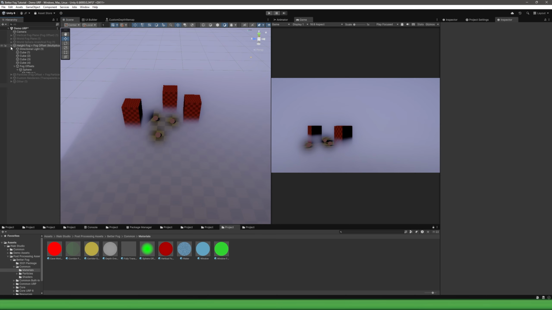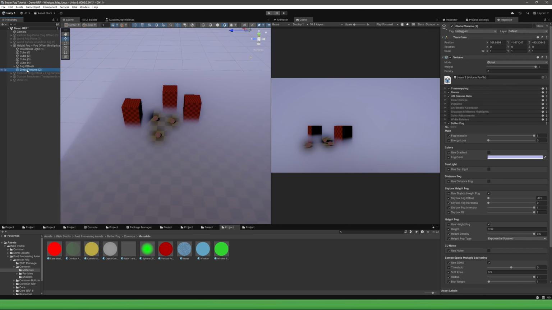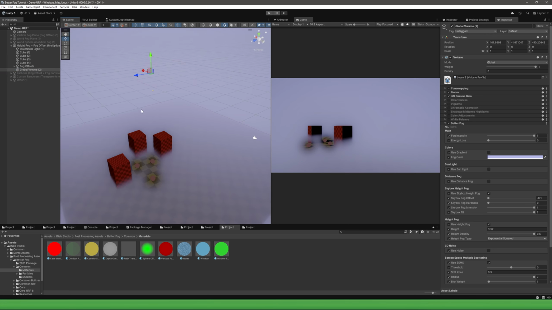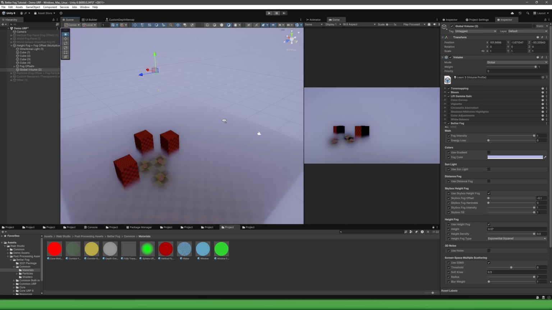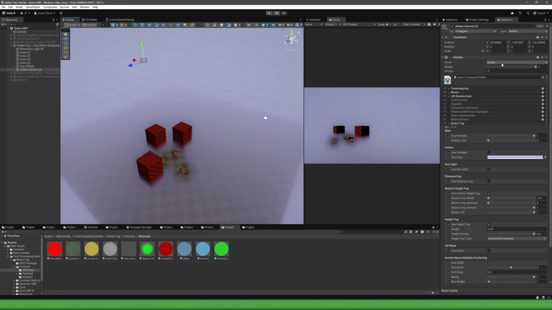And now let's expand that and close up everything else so we can just focus on the global volumes here. This game object has this volumes component attached to it. You can see here that there's a mode, a weight, a property, and then there's this where it says learn 3 volume profile. So this is a shared profile property. This is a shared volume profile reference field. Global is saying that this volume that we have active is affecting the global scene and not just a local area. So if we want to change it to a local effect, we can just click it and then press